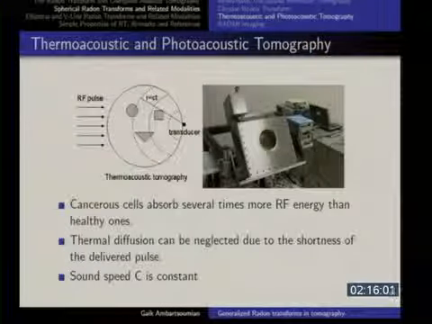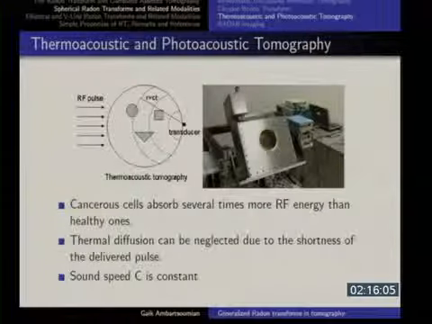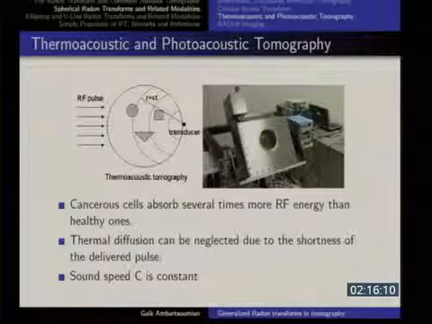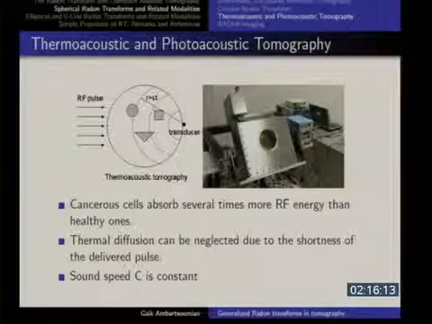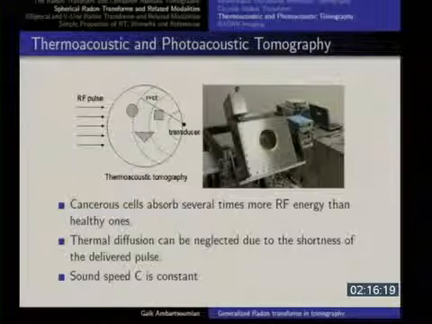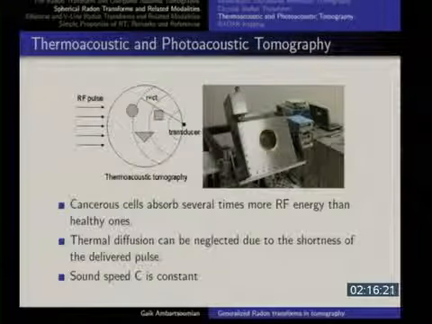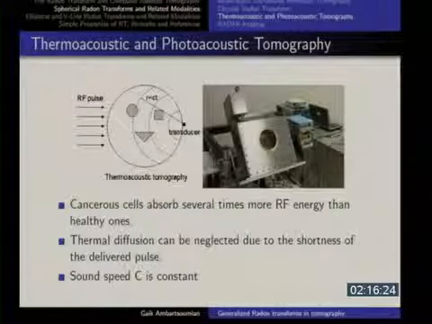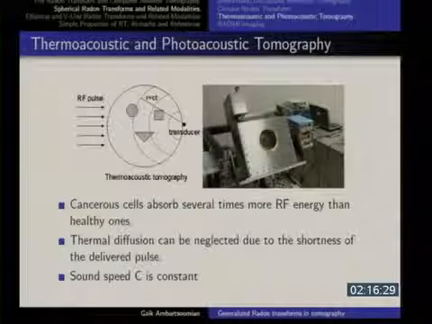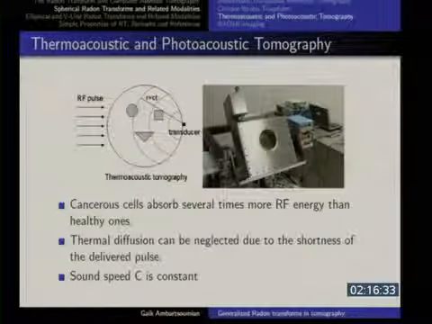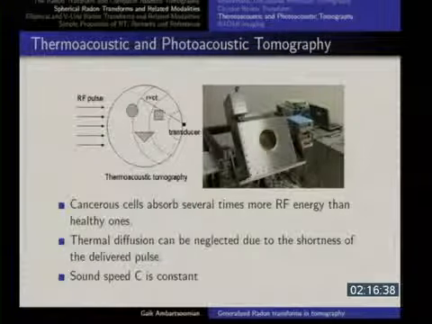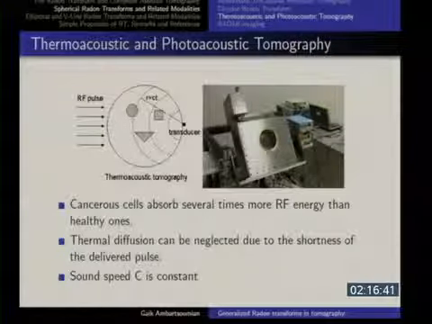Then they put a microphone on the edge of the body and listen to the signal that comes out. So again, the process is: send microwaves, heat up the tissue, there's a noise coming from inside the body to the outside, and then you listen to that noise. Then you try to recover the image. There is a very old classical problem in inverse problems called "Can you hear the shape of the drum?" It has something to do with spectral theory and so on. Well, some people call this problem "Can you hear the heat of the body?" Because you're heating up the body and then listening to the noise coming out of it. So then the question is, can you use that information to recover the image?